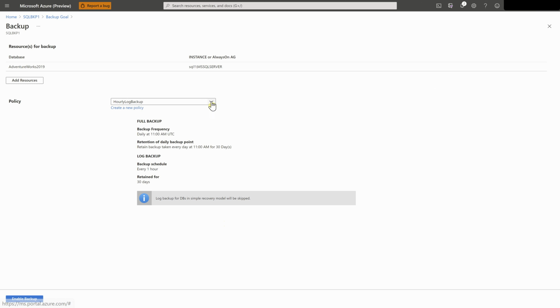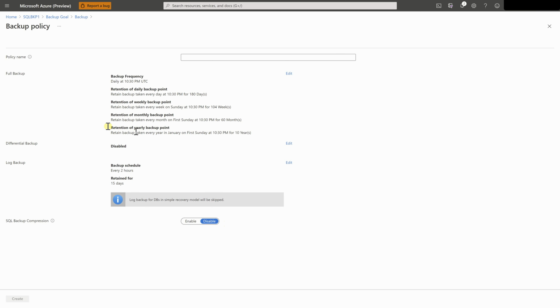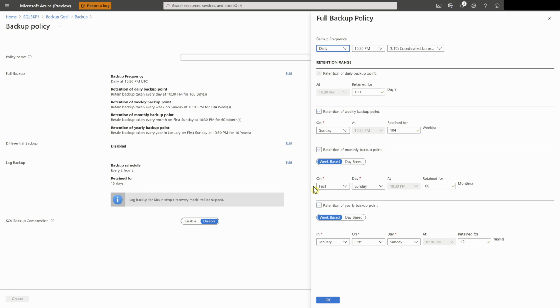Once that is done, you can go ahead and use the policies that exist, or you can create new policies. For new policies, you can do a full backup, differential, or log backup. A differential backup is a backup from the last full backup always. There are many options to fill up from a retention perspective when you're doing the full backup.